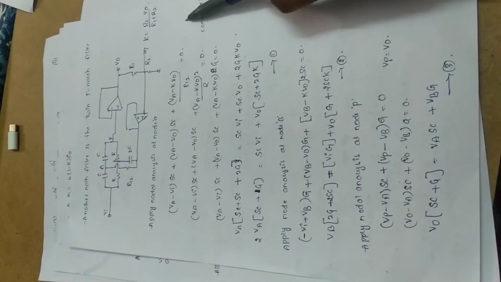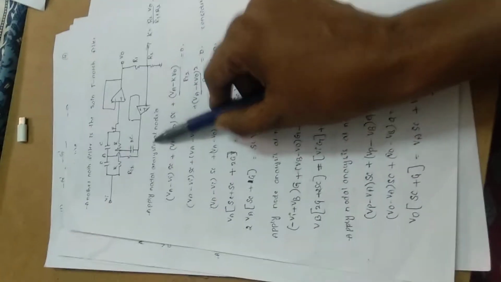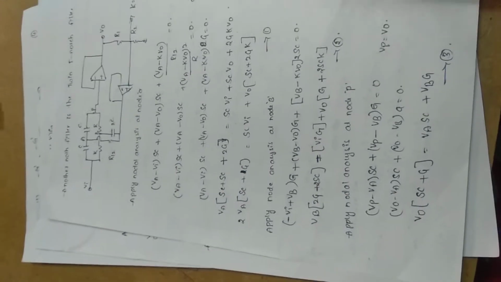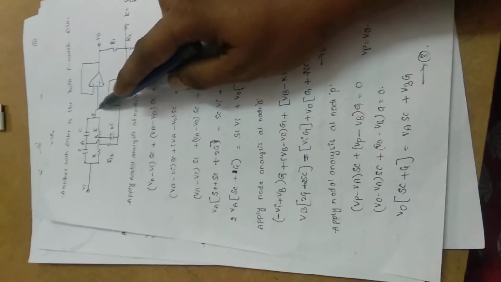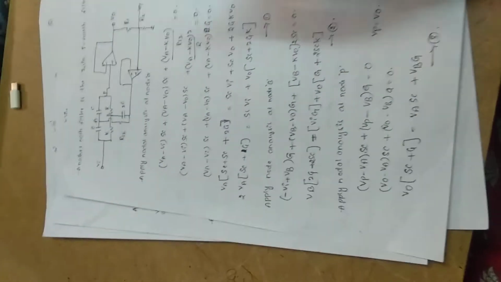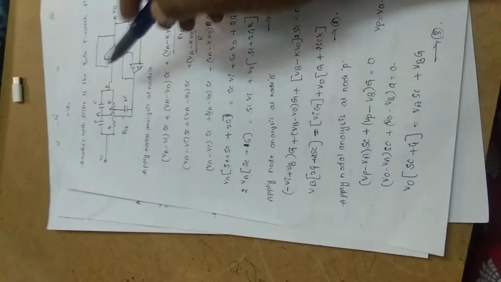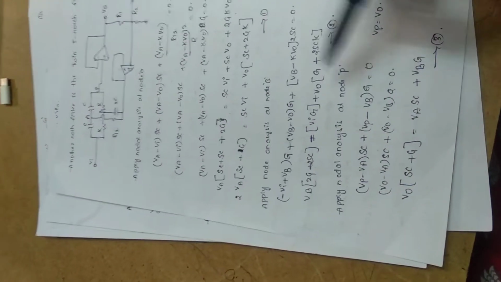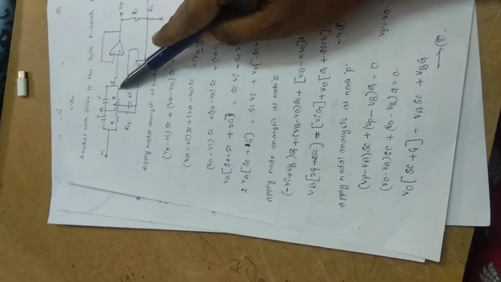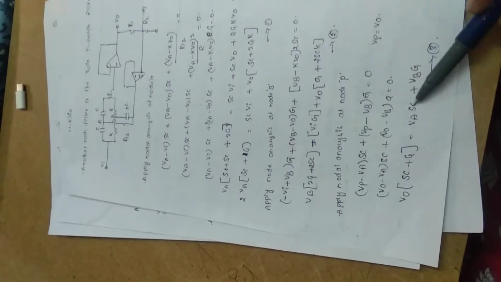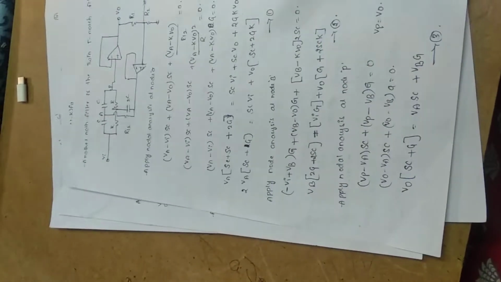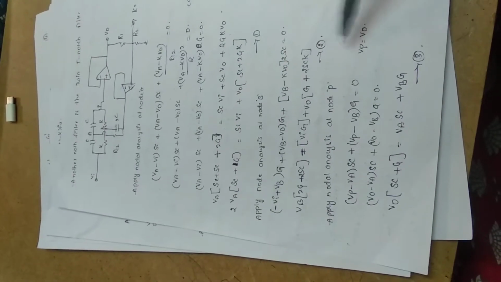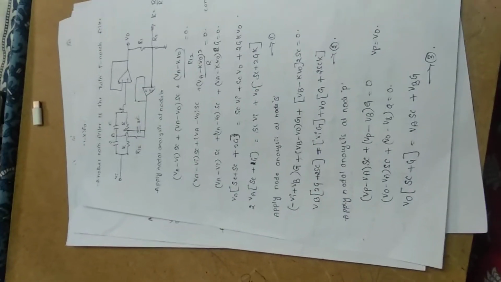So here K is equals to voltage at this point. That is K is equals to R2 by (R1 plus R2) into V naught. And similarly apply nodal analysis at node P. Here Vp is equals to what? V naught. So (V naught minus Va) into SC plus (Vp minus Vb) into 1 by R, 1 by R in sense G. That is, let it be the equation number 3. At node A, equation number 1. At node B, equation 2. At node P, equation number 3.